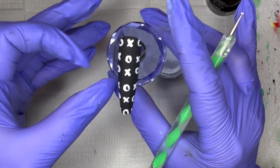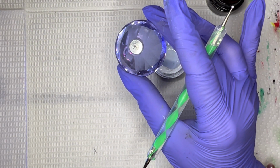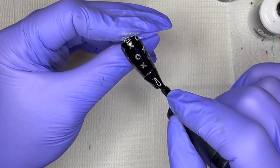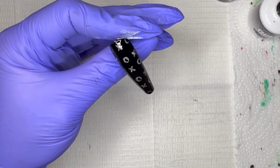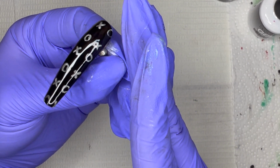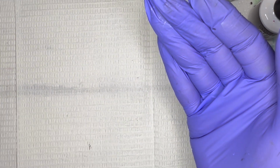I'm going to cure this, and then I may want to go over it with the shadow gel to mute it out a bit, make it a little bit more gray so it's not so stark. All right, so I'm liking how this looked. I put the gel on and now I'm just pulling it off with the brush. So that pushes it back into the background a little bit so that it doesn't stand out so much among the other nails. So I'm going to give this a cure and then matte top coat it, and then we're going to move on to the final nail,